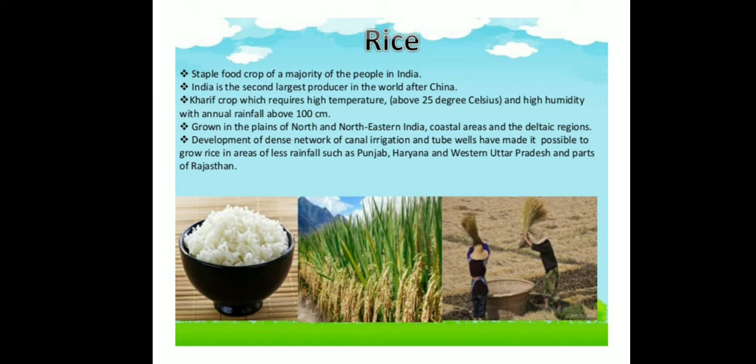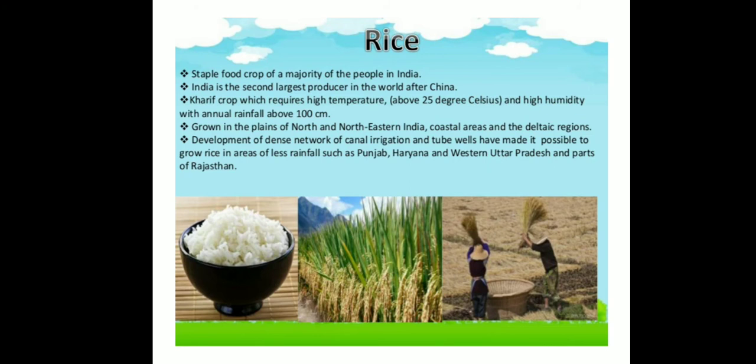That means for growing this crop, very high temperature is needed and a lot of humidity, and annual rainfall must be there. Grown in the plains of North and Northeast India, coastal areas, and the deltaic region. That means these crops are grown in the north and the northeastern part of our country and near coastal areas